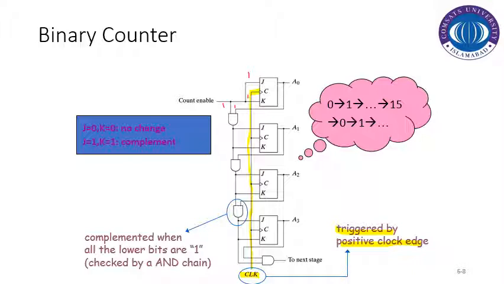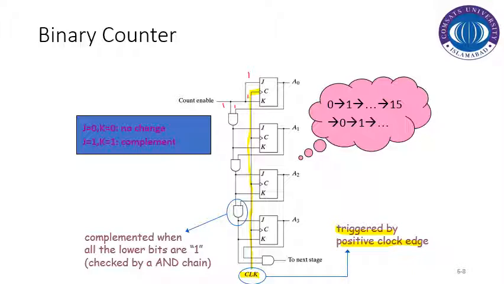Then we switched to the synchronous counters, and we saw that synchronous counters have a single clock source and all the flip-flops are triggered simultaneously. That was the major difference between a synchronous counter and a ripple counter. All the flip-flops change their output at the same time, while that was not the case in the ripple counters.